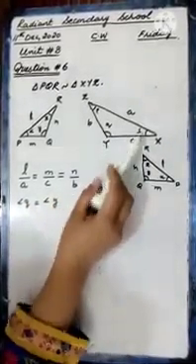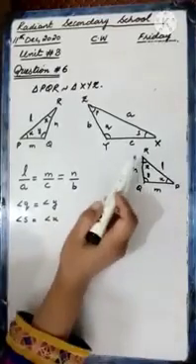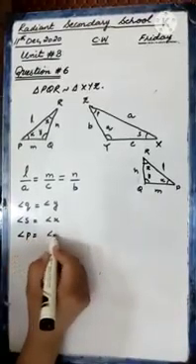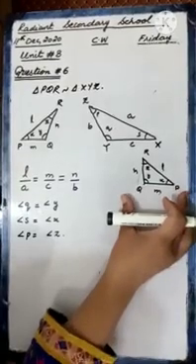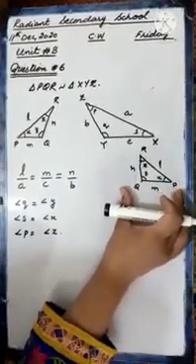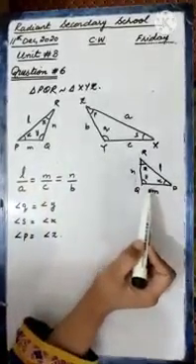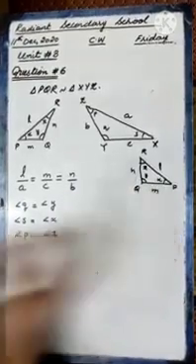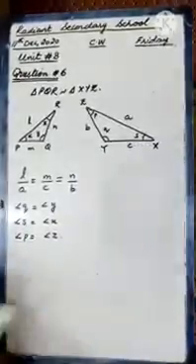Now next, angle S will be equals to angle X, and the last one, angle Z will be equals to angle P, or you can say angle P is equals to angle Z. Is it clear? Students, in your solution, no need to make this diagram in the changed direction. This is just for your easiness. If you make the diagram in the same direction, then you can easily find the corresponding sides and corresponding angles. So it is not part of your solution. I have drawn this diagram just for your easiness.